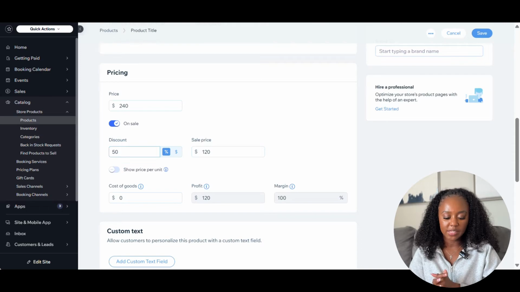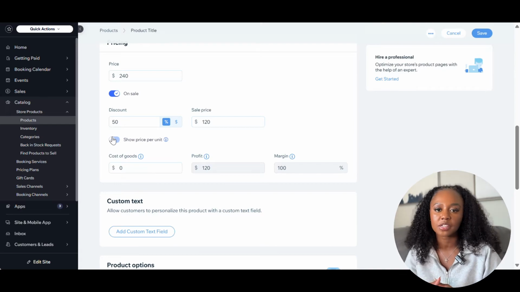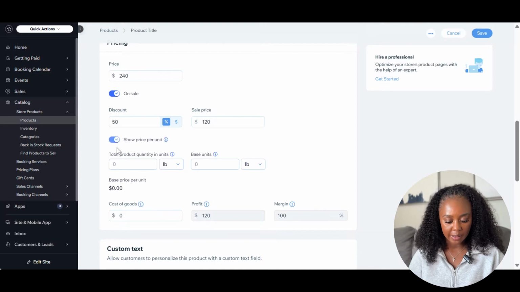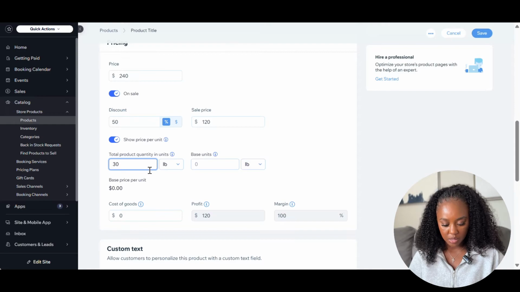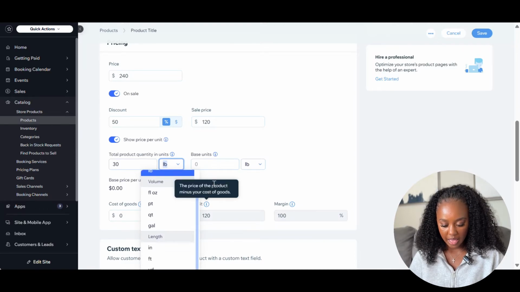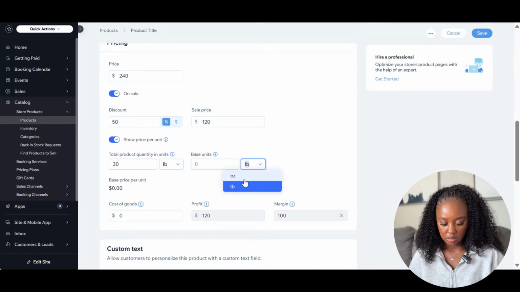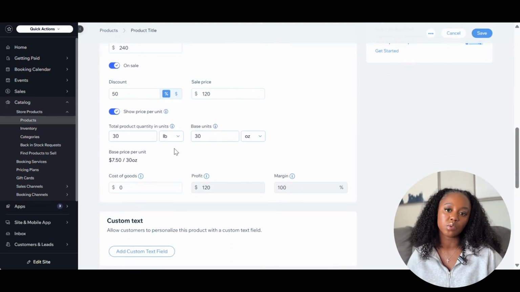Next, we have show price per unit. So let's say instead of selling just one individual whole package, you are selling something by weight, maybe by measurement. You can go ahead and use this option here, show price per unit. So I could put in here, this price is based on 30 pounds. I could go in and change it based on weight, volume, or length. And then I have my base units, which is in pounds or ounces. So as you can see, the base price per unit, which will be shown to the customers, will be $7.50